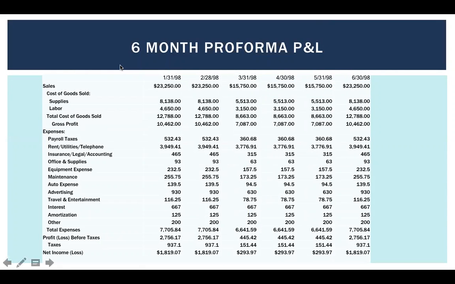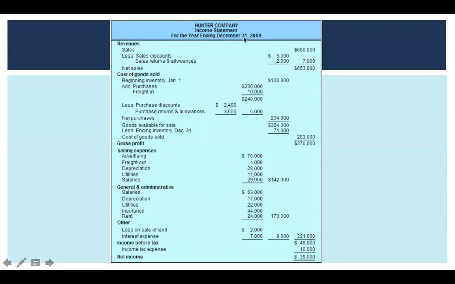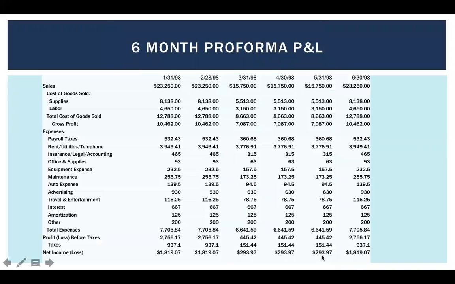So this is not the same business, but just wanted to give you an example of, okay, so let's say this was an actual statement for the end of the year. This is what this business did over the course of 12 months. It could be a projection. This might be a business projecting this is what they'll produce and what the net income would be. But you could also look at it, this is what the business did do. So at the end of the year, this is what they're reporting. A pro forma P&L or 6-month pro forma P&L often can look like this, where it's month by month, for example. And you can see this in a 6 or a 12-month pro forma.